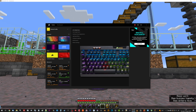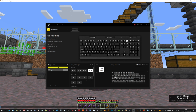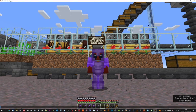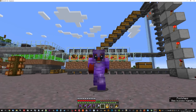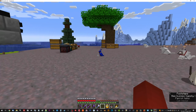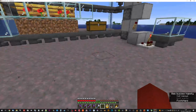Point is, I've got this now, and I think I've got everything set up that well. I can show you what I did. Key assignments. Basically, it's a keyboard. It's set to be not flashy. I assigned W to pause break because that hasn't had a use in 40 years. So I can now hit, I can just do it from here. Pause break. I am wrong because I'm in a text. There we go. Pause break. Stop. Cool. That's all I ever wanted out of a damn keyboard, and it took me like a year to find another one that was possible. It's a little clickier. It's mechanical, whatever. But anyway,